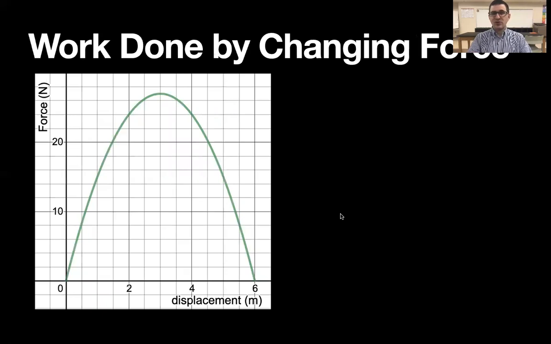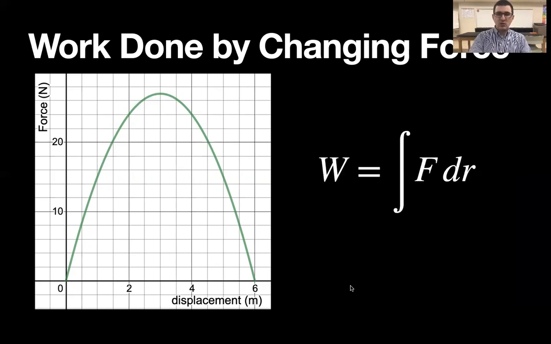But now, just to wrap everything up, what if we have a weird shape that we can't find the area of? So we know rectangles are length times width. We know that triangles are 1/2 base times height. But what about this area? We don't have a formula for how to find the area bounded between the horizontal axis and this curvy function. So what we can do is approximate the area